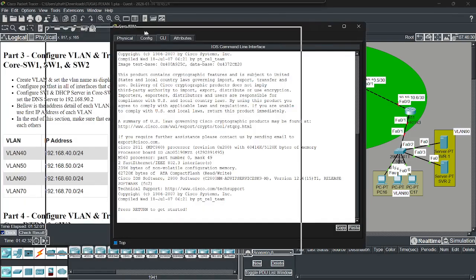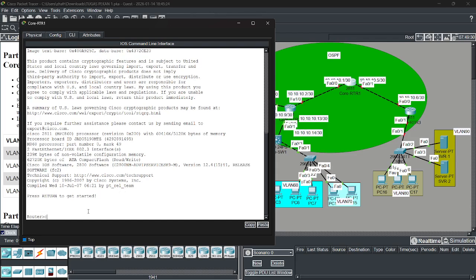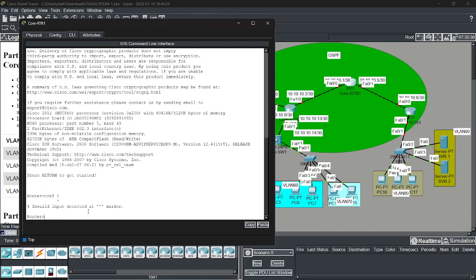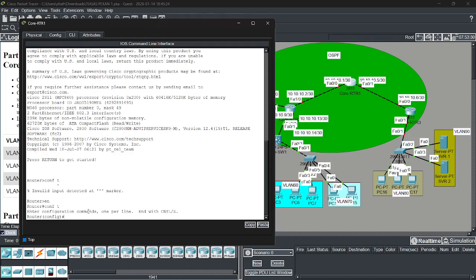Okay, we go to core router 1. Sorry. Configure terminal, hostname, don't forget.